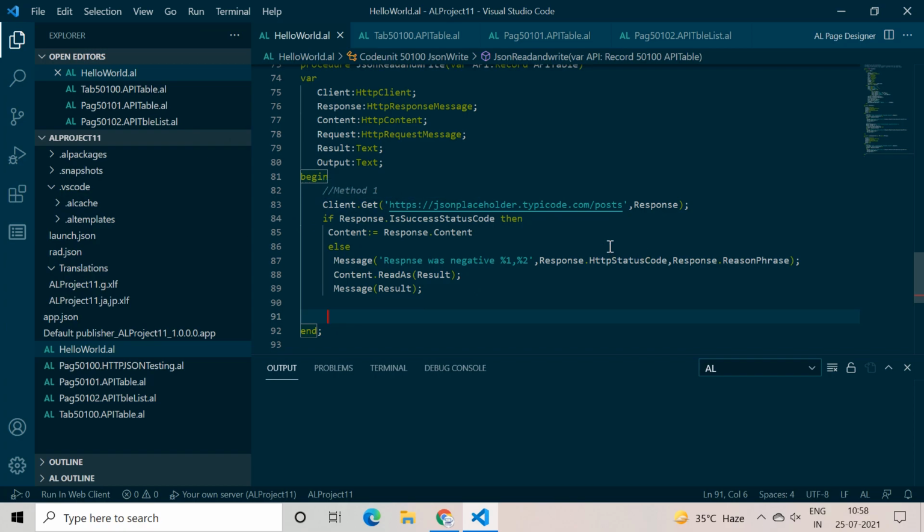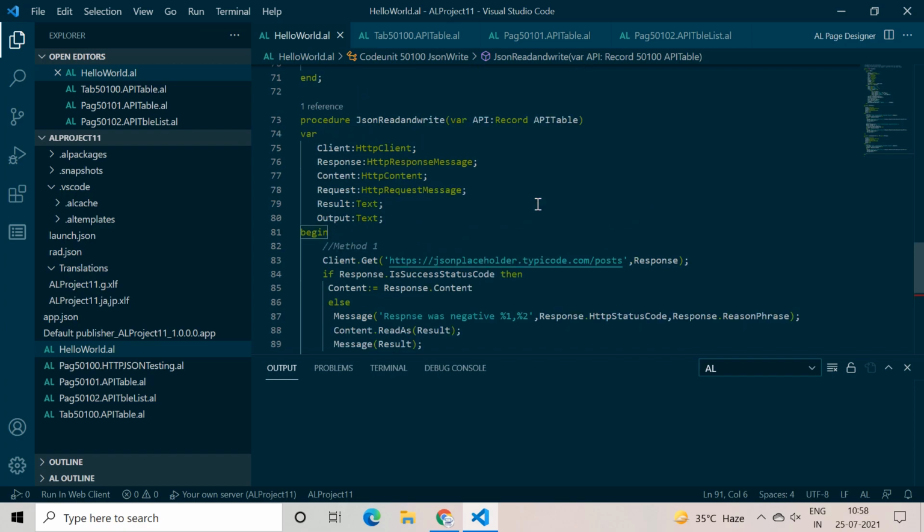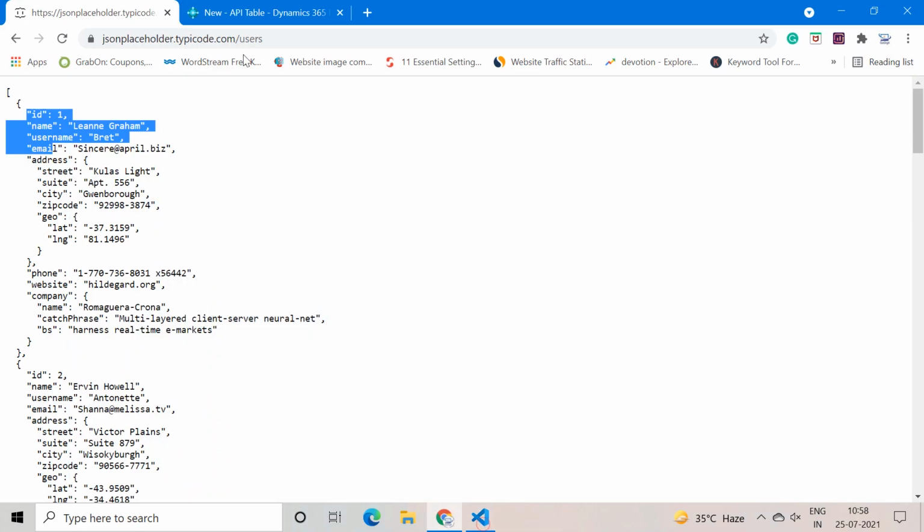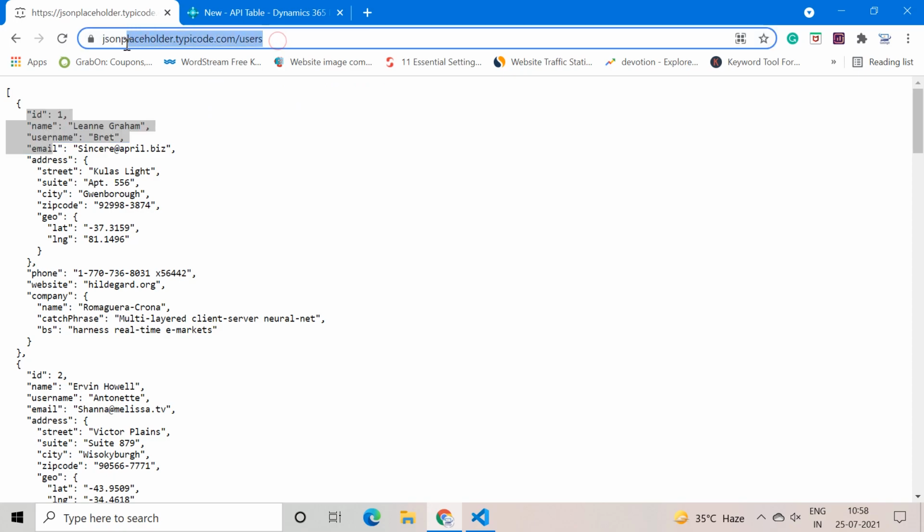So our idea is that along with this URL, we want to pass the ID also, right? Let me show you the results we get when we do the same kind of working in this main website where we have this JSON object. Currently, when I'm on this URL in the users page, we have all sorts of results.